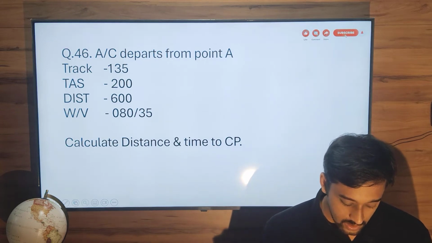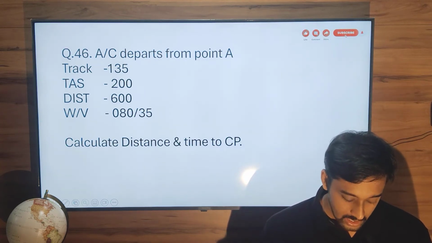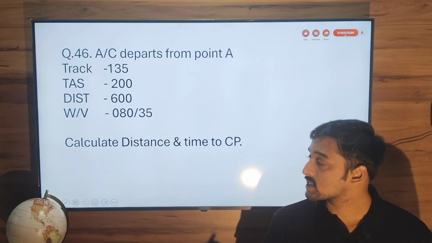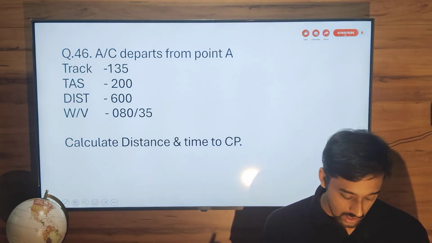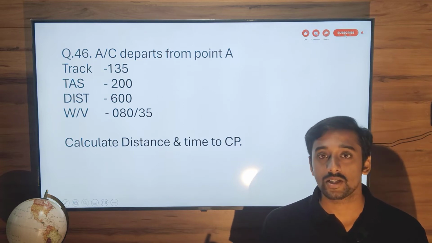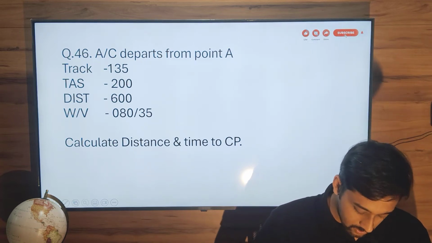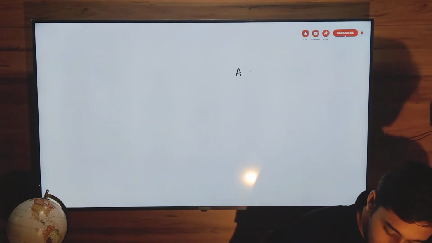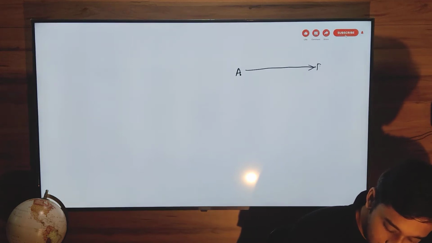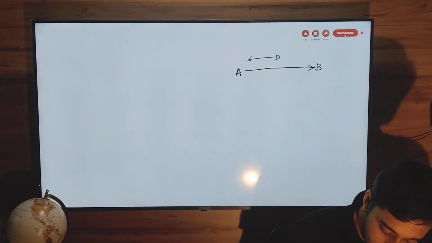The track is 135, the TAS is 200, the distance from A to B is 600, wind velocity is 080 at 35. Calculate distance and time to CP. So very simple, straightforward sum. So we are flying from A to B for a total distance of